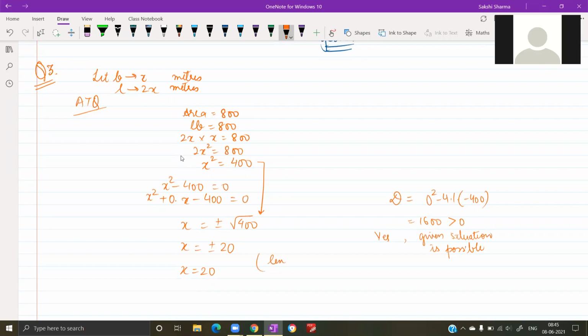Excuse me, ma'am. Ma'am, is it necessary to represent the equation like this? x square minus 400 equals to 0. Beta, if you are writing down according to question, simply, it's not necessary here. अगर ये simple statement question होता, आप इसको solve कर सकते थे. You could tell at the step where you obtain x square equal to 400, उसी step पे आप बोल सकते हो कि इसका answer exist करता है. But just to find out the discriminant, you need to identify a, b, c. That's why I've put it in that form. If you can write down the discriminant without expressing your equation in standard form, it's completely fine with me.